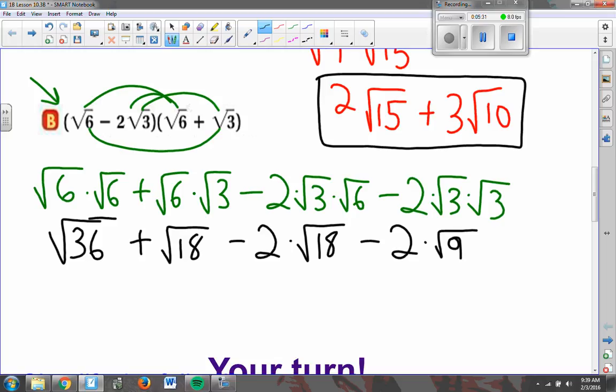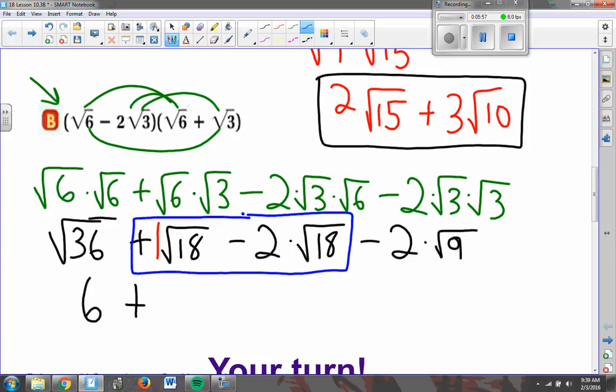My farthest left term is the square root of 36. I know that the square root of 36 is 6. Next I have 1 square root of 18 minus 2 square roots of 18. So notice please that there's a 1 there. And now if I put together these 2 middle terms,